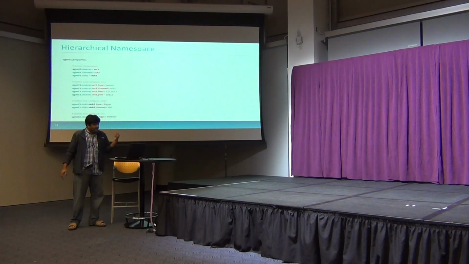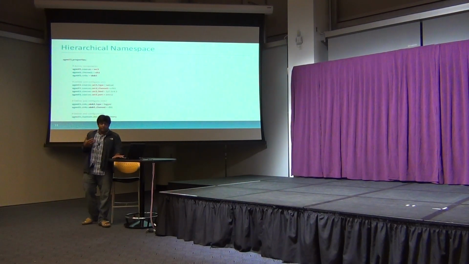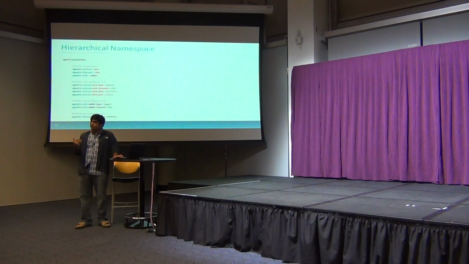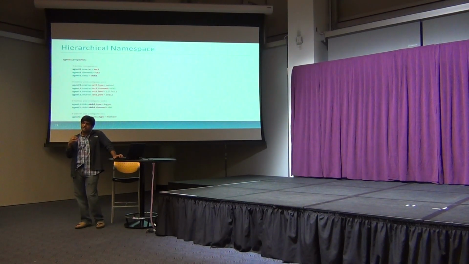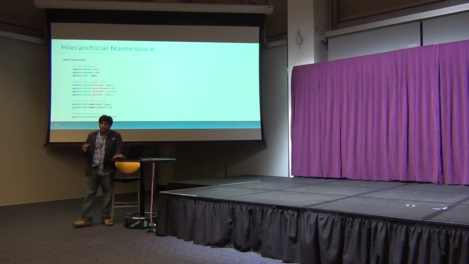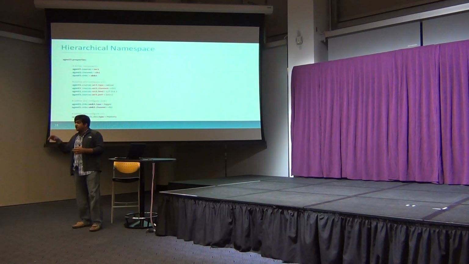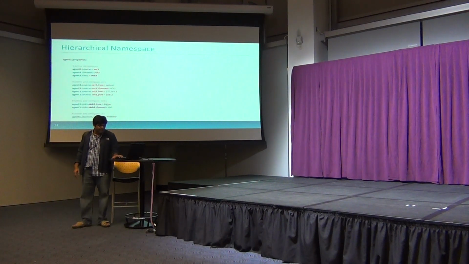Flume uses a hierarchical namespace, so the properties file uses something like this. First, you set a few components as active components. Those are the components that will be activated in this particular agent. So you say agent1.sources is equal to source1, agent1.channels is equal to channel1, agent1.sinks is equal to sink1. Now you can have multiple sources, multiple sinks. They're just space separated and you just drop them in. So you can have source1, space, source2. And then you say